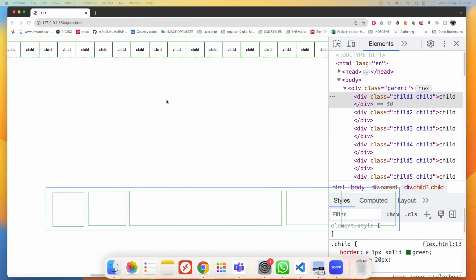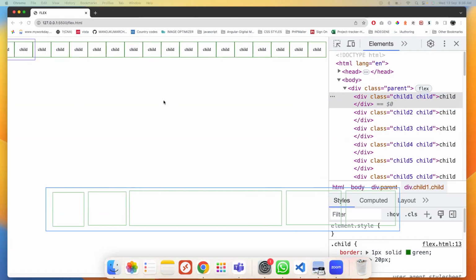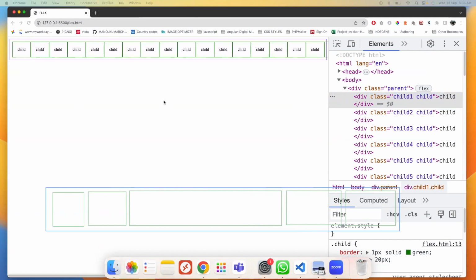See, is overflow created or not? It is going out of my screen. Because, as I said, flex is a one-directional layout system. If you are dealing with columns, it will go downwards. There will be no issues if we have a vertical scroll bar, but if it is overflowing in the horizontal